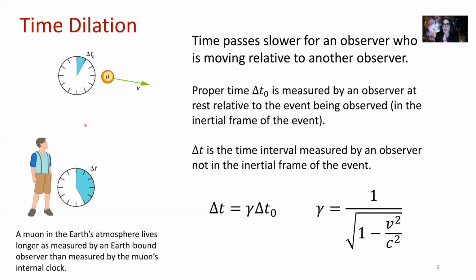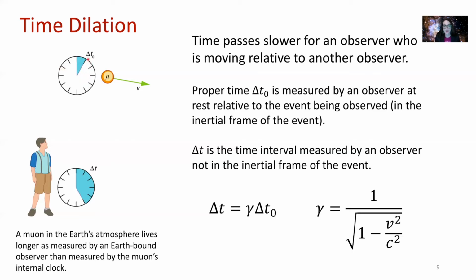Here we have an example of time dilation as it's related to a fundamental particle that we call a muon. So this muon here is traveling with some speed v. This muon, let's say, has a watch. It has a clock. Now, even though the muon is traveling with some speed v, in the muon's frame of reference with its clock that it has on there, it's measuring time. And the time that it is measuring in its frame of reference, we're going to call that, for the muon, its proper time.